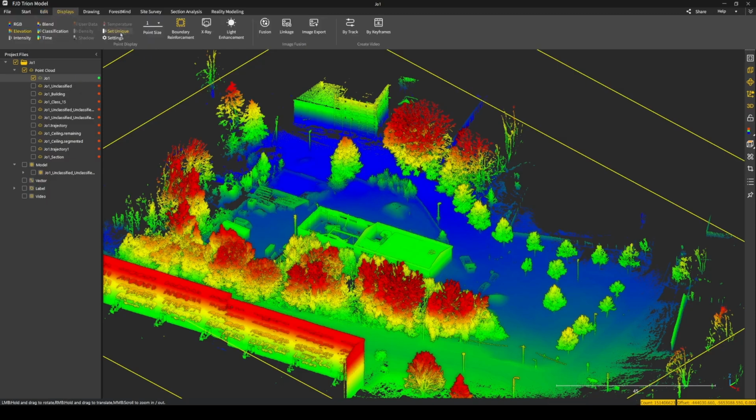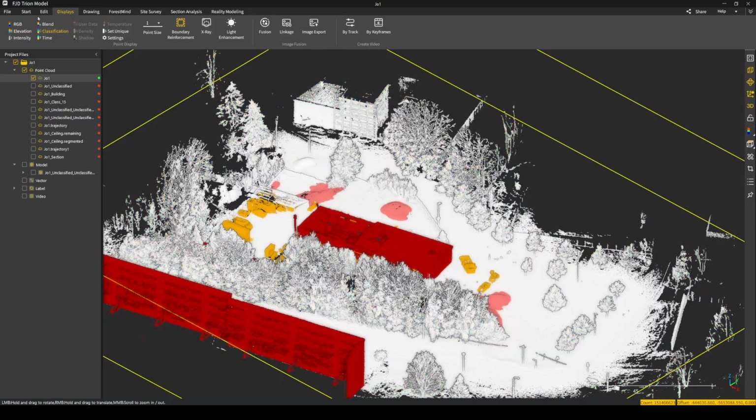I did this on this point cloud already. I will show you how the classification looks on this point cloud. Going to the display tab, we can change the display color of our point cloud. I choose classification in order to display this point cloud by classification. And as you can see here, I already classified the buildings and some noise points, vehicles, some stockpiles over here. And what you will get after the automatic classification for the ground points is